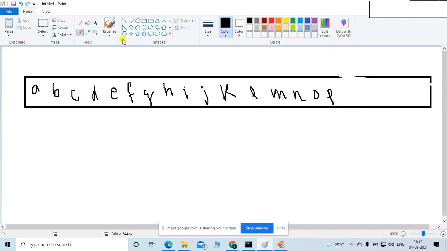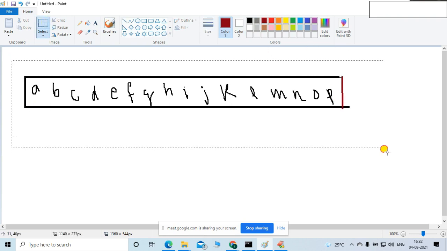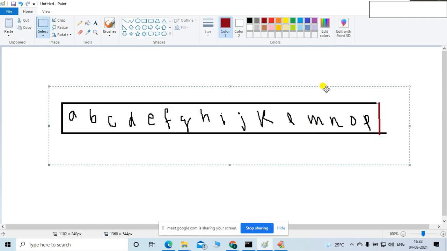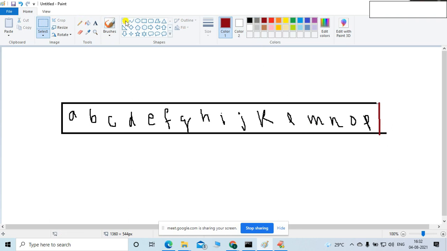Let me remove this part, no problem. Let me write one line here and place this in the middle position, and give some boxes and lines so that it will be properly separated.